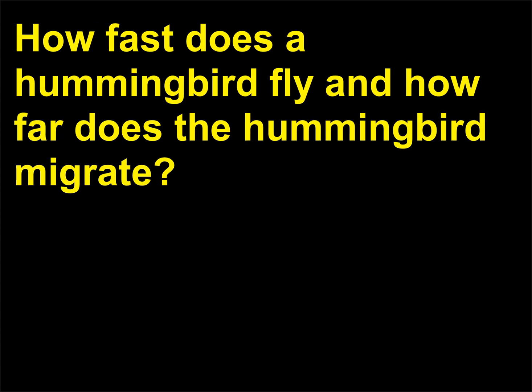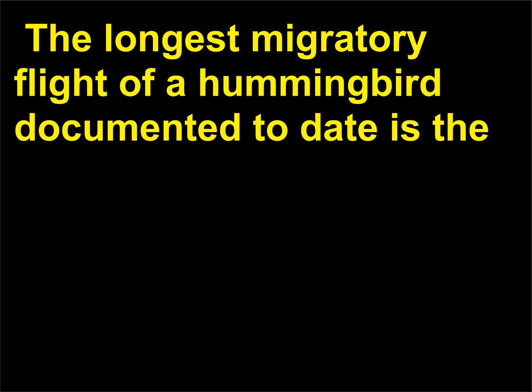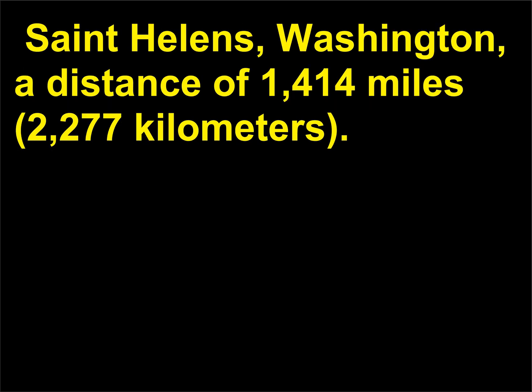How fast does a hummingbird fly and how far does the hummingbird migrate? Hummingbirds fly at speeds up to 71 miles, 80 kilometers, per hour. The longest migratory flight of a hummingbird documented to date is the flight of a rufous hummingbird from Ramsey Canyon, Arizona, to near Mt. St. Helens, Washington,